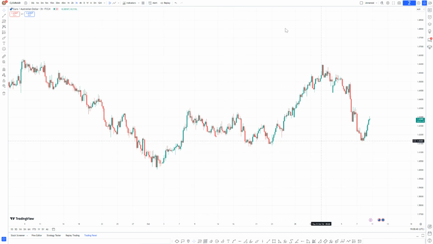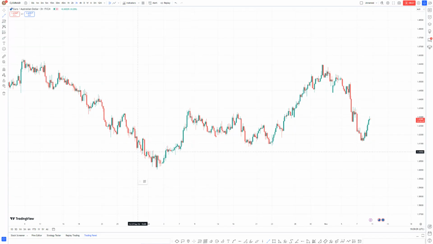A quick dive into Euro AUD structure to see the sudden change in character and to see where we have a break of structure. So we're more concerned, and let's look at it from here. We have support structure, break of a support structure, retest, sell off,